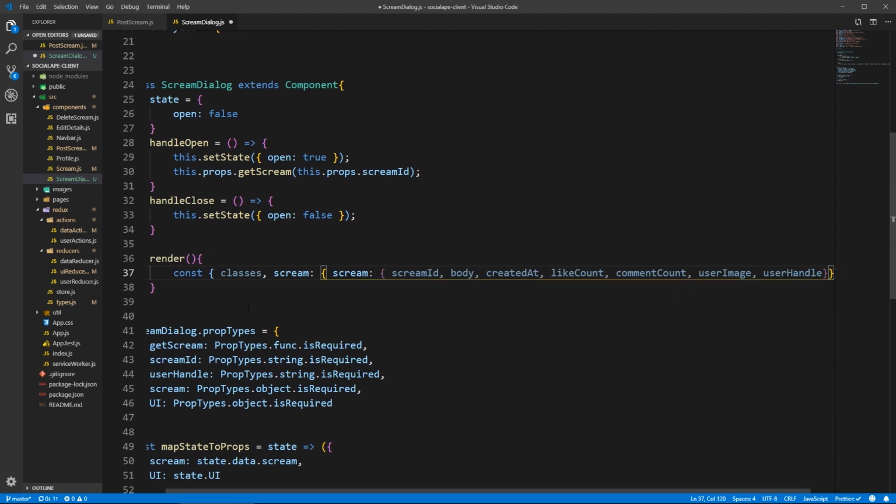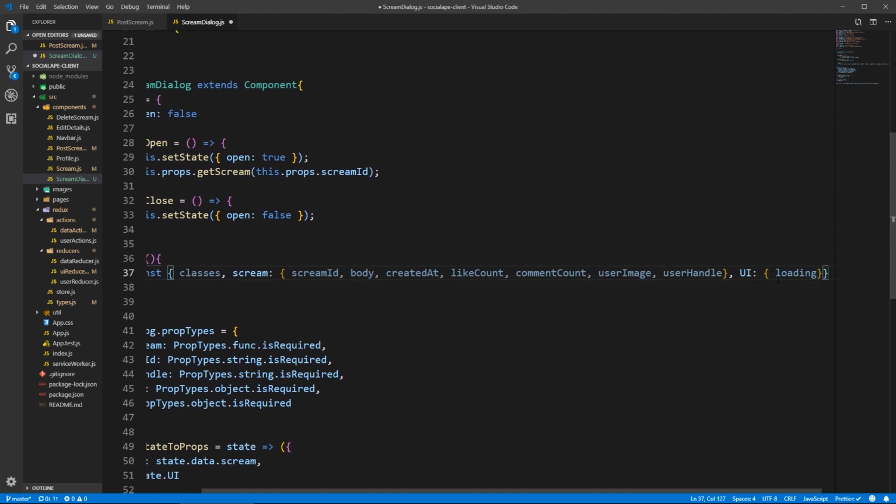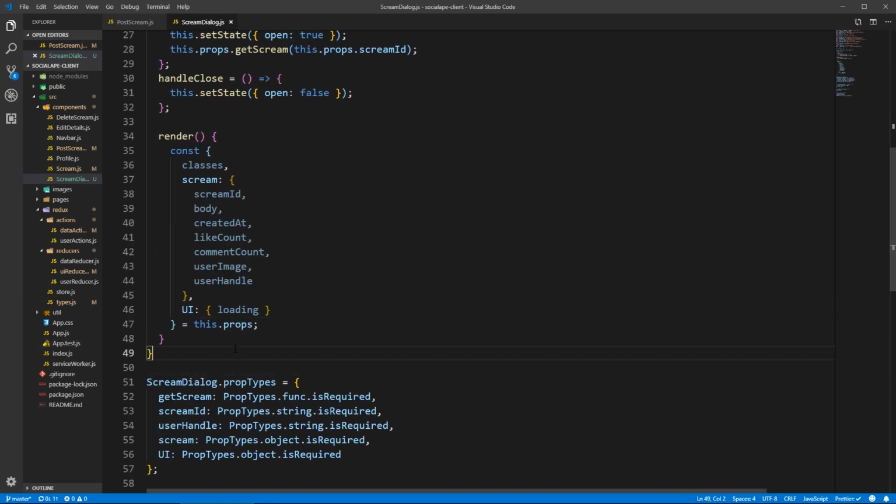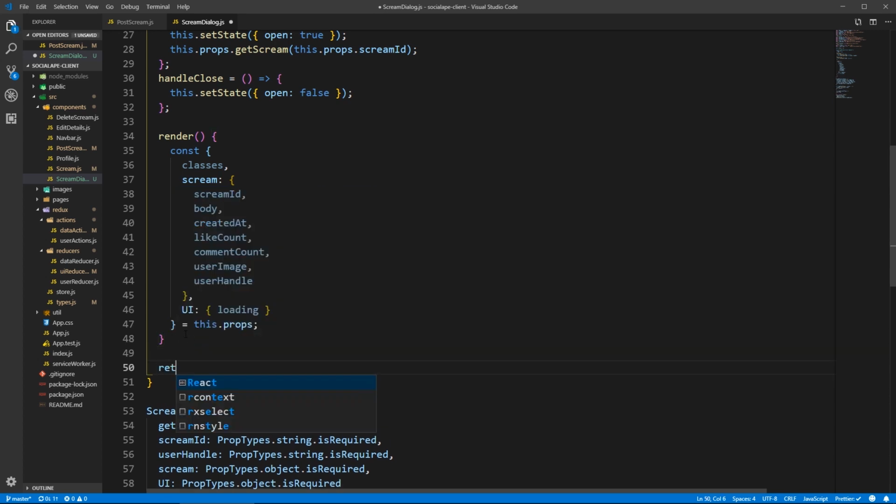And after scream, actually, why did I do scream twice? Like this, and here, like this. After scream, we need to get the loading from UI, so UI, and we destructure loading from it, and all of this equals this dot props. Let's save so it formats. And here, after we get all this stuff, we need to return